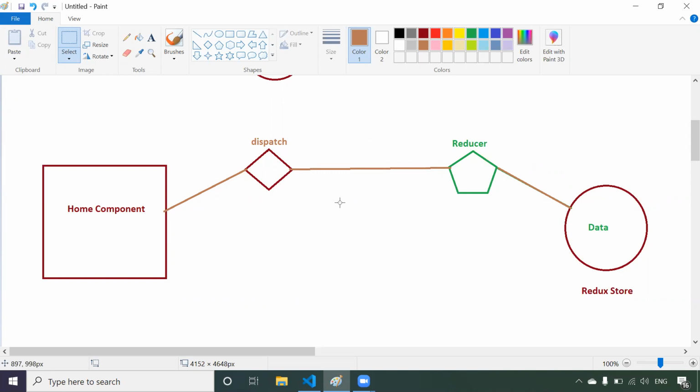But the component cannot send the data directly to the reducer. So the store provides one more function called dispatch. We have to call the dispatch function by sending the data, passing that data to the dispatch. Dispatch will then call the reducer by passing that data. The reducer will have that data, so the store can call this reducer, take that data, and store it in its store. So this is the flow.